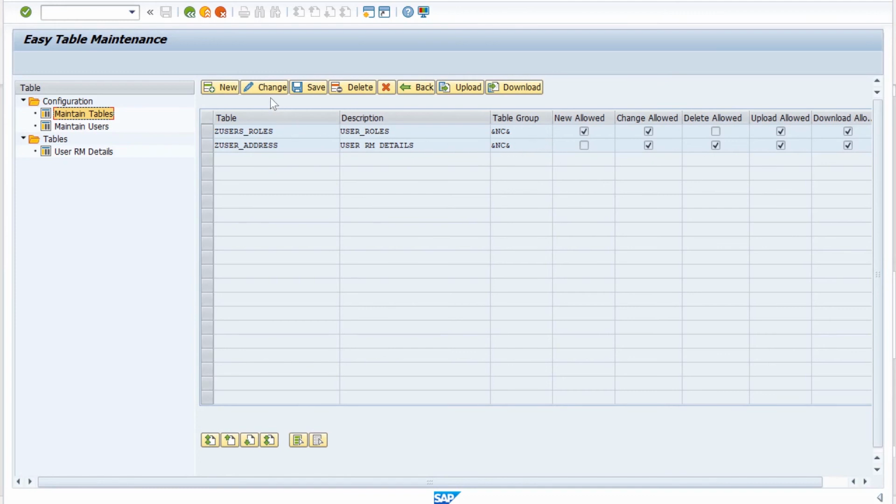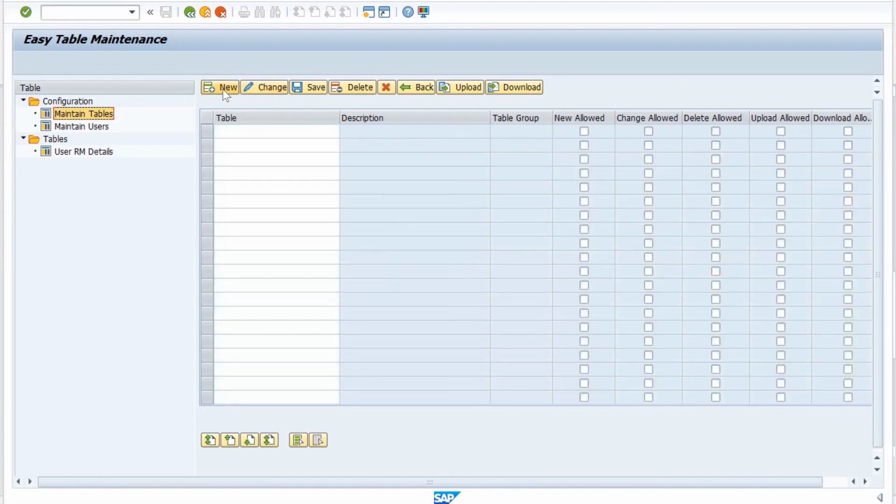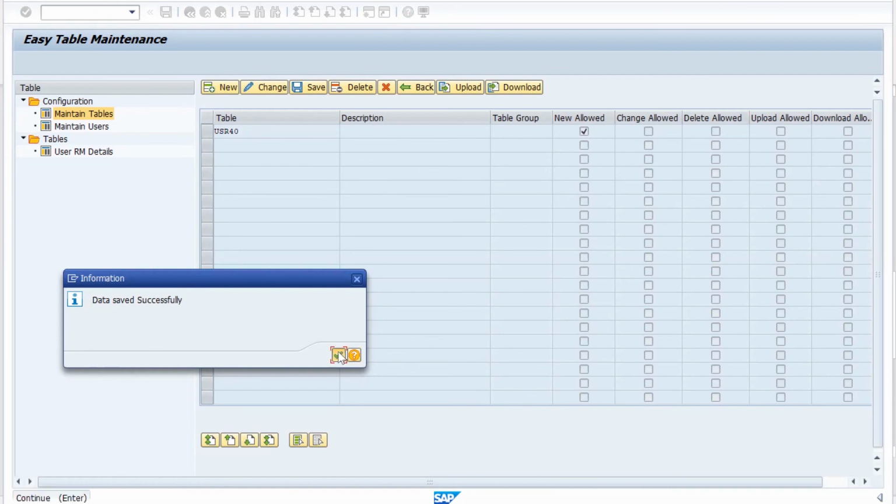Now I'm creating a new entry. I'm adding a table called USR40, wherein I'm giving authorization to only add new records. This user will not be able to perform any other activities. So let's save.